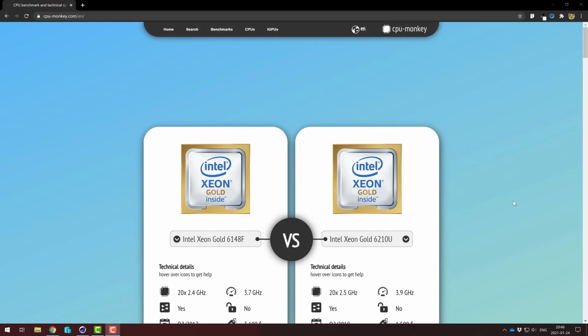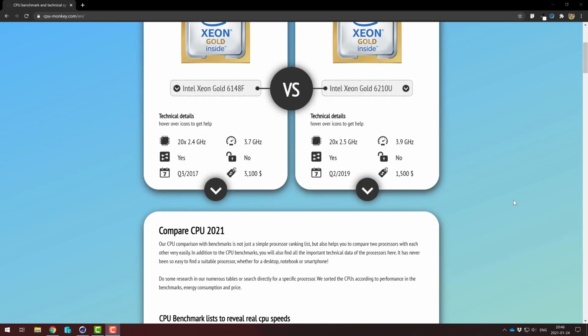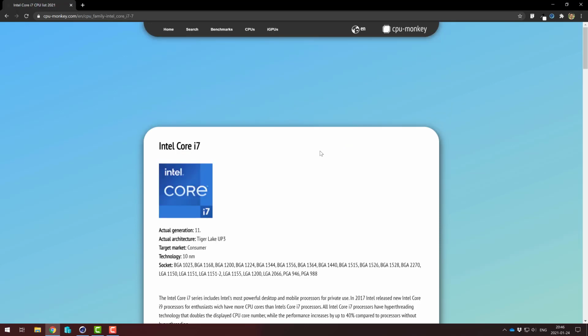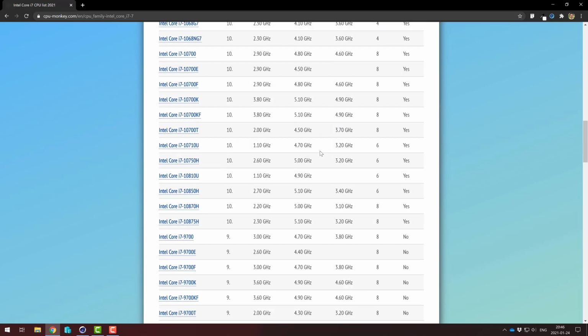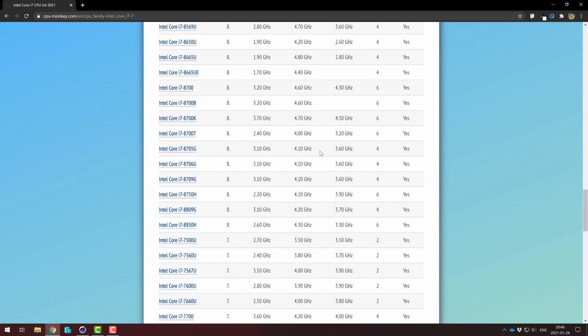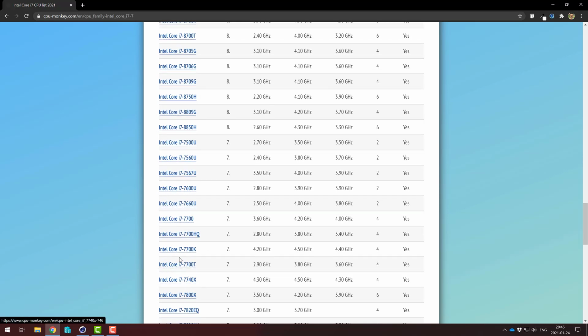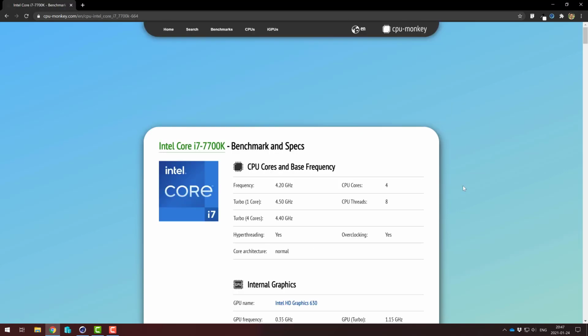We are on cpumonkey.com. To find the processor, scroll down. Select the generation that you want to check. We are going to check i7, so I will select this. And I will search for the processor below. Open it.